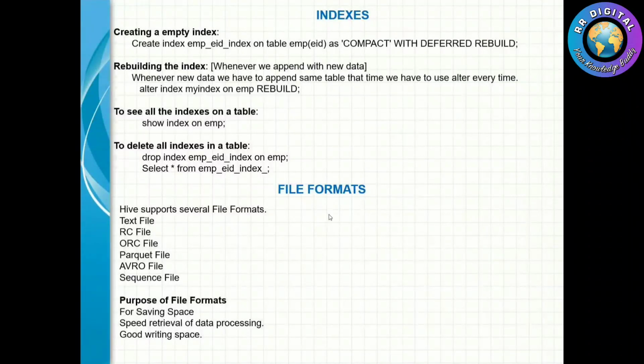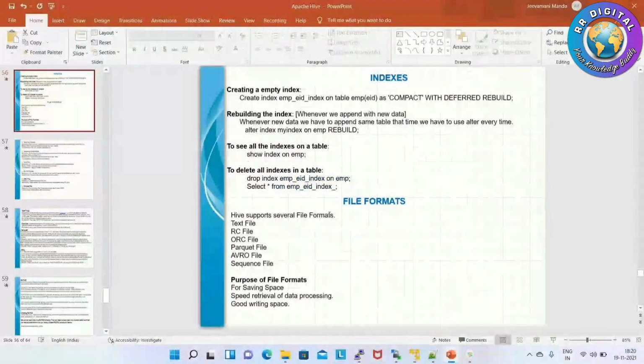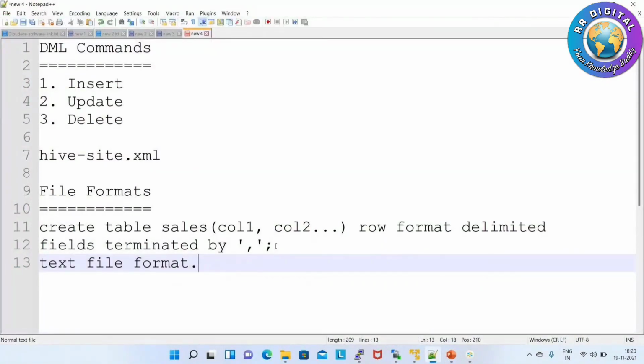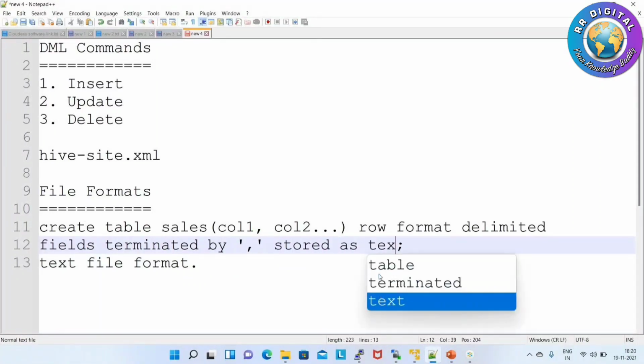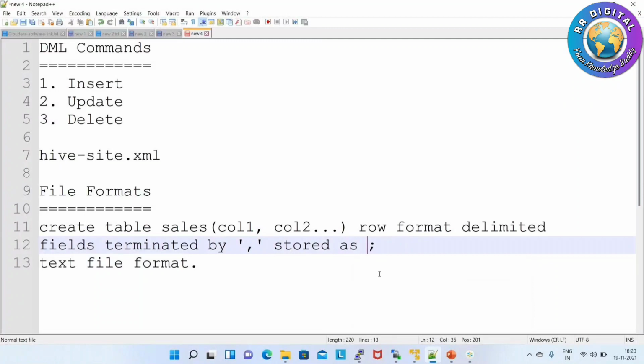And how to define file formats in a table? At the end of your create statement you have to specify stored as text, if it is text file format. If it is ORC, stored as ORC. If it is Parquet, stored as Parquet.